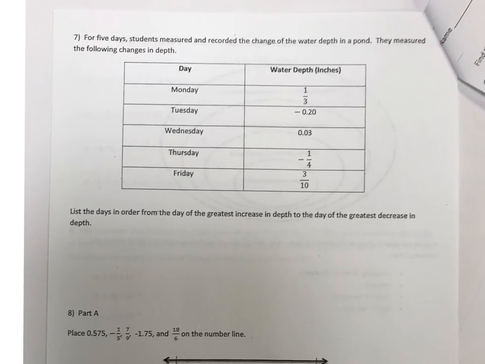So number 7, for 5 days, students measured and recorded the change of water depth in the pond. They measured the following changes. List the days in order from the day's greatest increase to greatest decrease. So the biggest number to the smallest, so G to L. Okay, so I'm going to convert all these. This I know off the top of my head. I know this one. I know this one. So I know some. So my greatest number